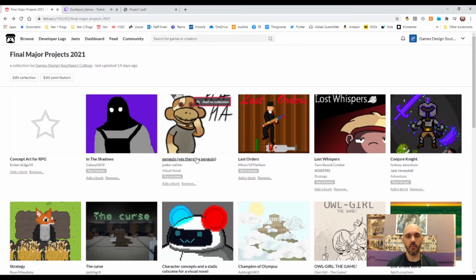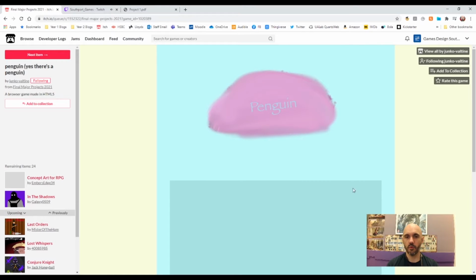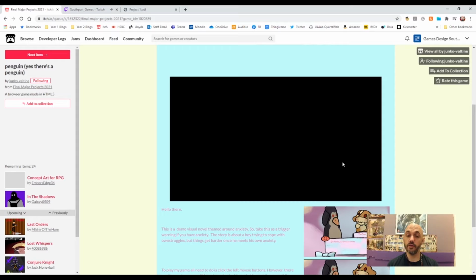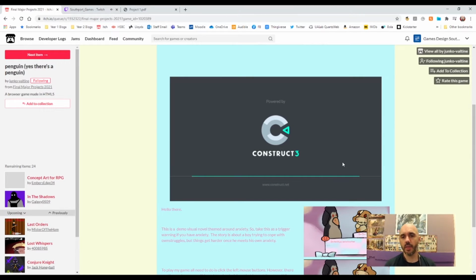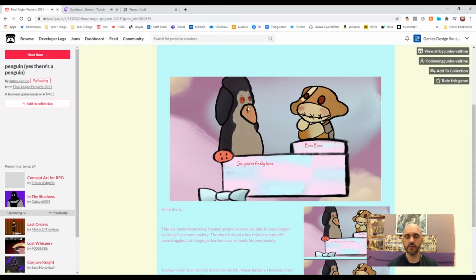What else do we have? We have a snippet from a visual novel called Penguin. So this student in particular wanted to do something to do with visual novels. He really likes Doki Doki Literature Club and those types of things, but also wanted to focus on something to do with anxiety. And so wanted to have this discussion between these two characters represented or represents a person talking to his anxiety, to his mental health. Fairly simple,